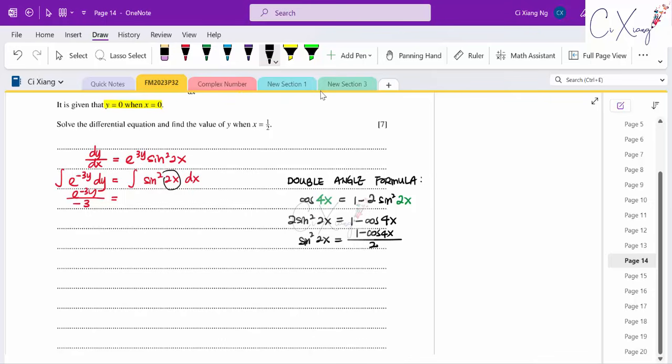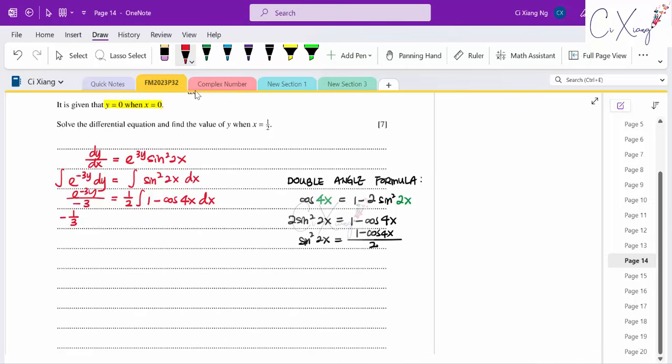So from here, you can see originally we have sine square with a power 2, the sine with power 2. And we can reduce the power to cos with power 1 by using this double angle formula. Alright, so I'm going to write it out in my step here. I will take out the half, and then I have 1 minus cos 4x dx. Okay, so next step,